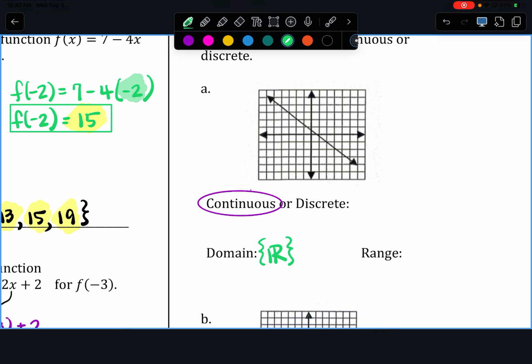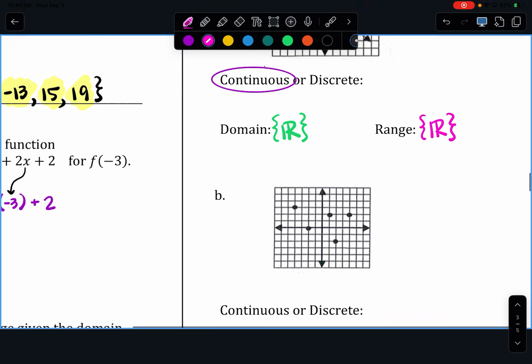Now the range, right? The range is our height of our graph from low to high. Is this graph allowed to go forever down? Yes, because this arrow is going forever down. Is he allowed to go forever up? Yes, right? So he has no height boundaries. So his range is all real numbers. If you cannot draw any walls because your function isn't stopping anywhere, then the answer is always all real numbers,